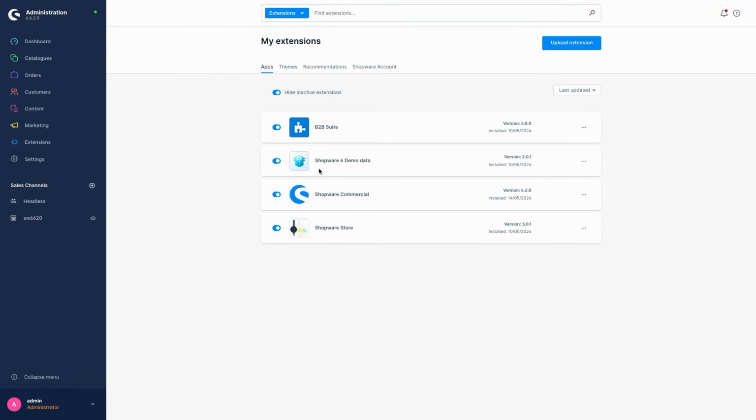Another requirement is that the commercial extension is installed and activated. If we now want to enter specific customer prices in our system, we have to do this via the API. There is no view or function for this in the admin, which is why I briefly show you the whole thing using our documentation. To do this, we switch to the documentation in the section Shopware Extensions, Customer-Specific Prices.